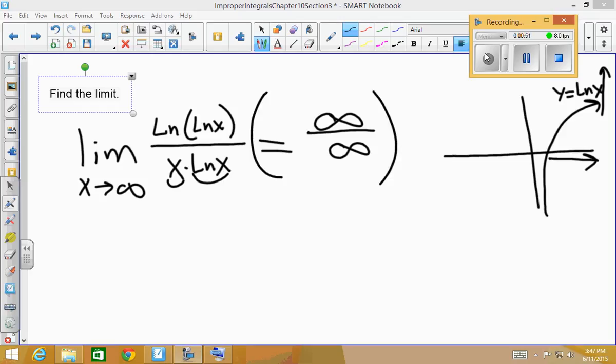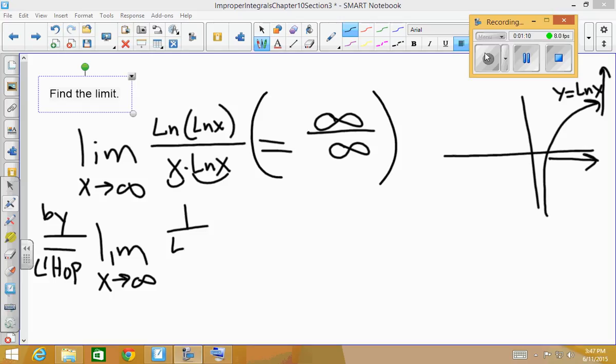And we try L'Hopital's rule. So by L'Hopital's rule, we would have the limit as x approaches infinity of the derivative of the numerator. The derivative of the natural log is 1 over the natural log of x times the derivative of the inside. The derivative of the natural log of x is 1 over x